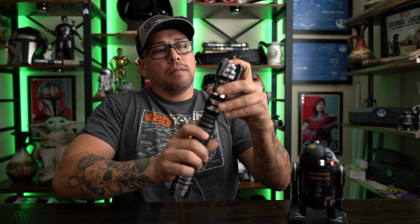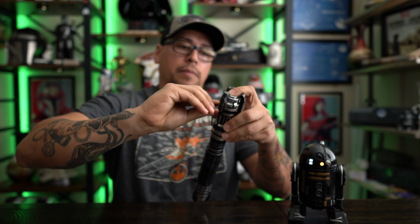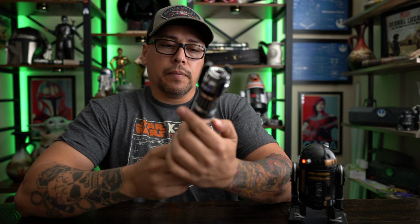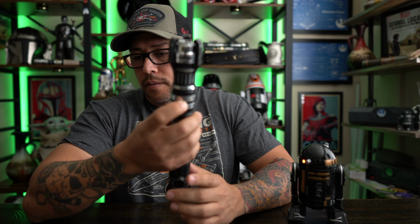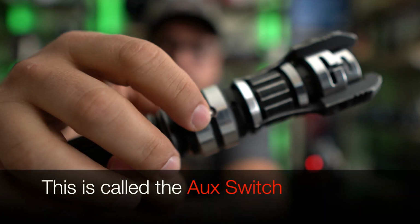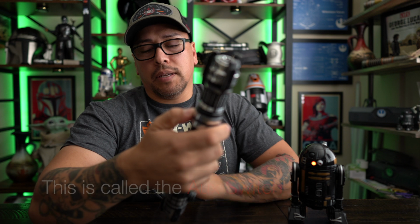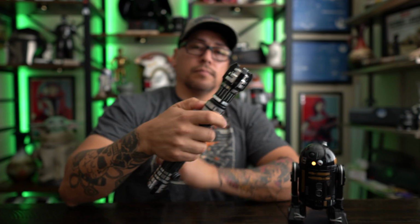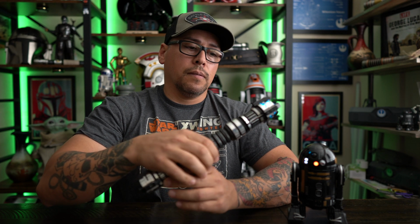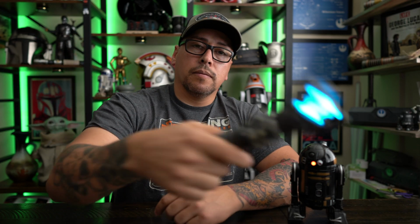So let's put that in there, and they'll make a little sound letting you know it's ready to go. Just tighten that up. It's kind of spring loaded, so you can push it down just a little bit and tighten it. You don't have to over tighten it. Then let's get another color in here. Sound bank selection. We're going into the sound bank by pressing that little button in the back right here. And you can use either button to move through the sound fonts. Hoth. Let's do Hoth. This is the Hoth sound font. And it's pretty loud. I don't know if it's the way this pommel is, but...